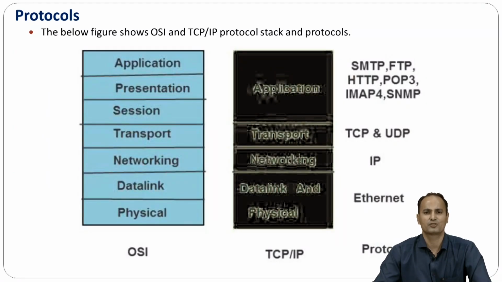The figure shows there are two main layered models, one is OSI and the second one is TCP/IP, which have a standard protocol stack. OSI consists of a total of 7 layers, while TCP/IP is bundled with certain protocols and consists of 5 layers. In OSI, the application, presentation and session layers, the topmost 3 layers, are considered the software layers.